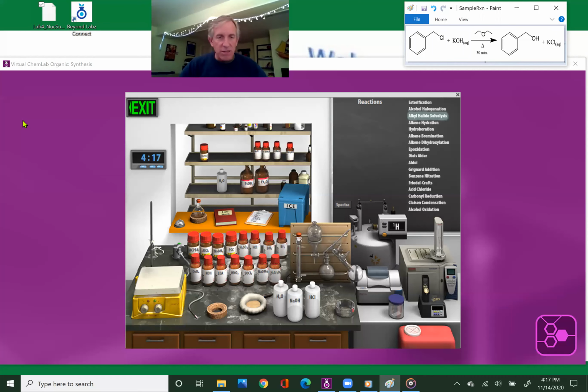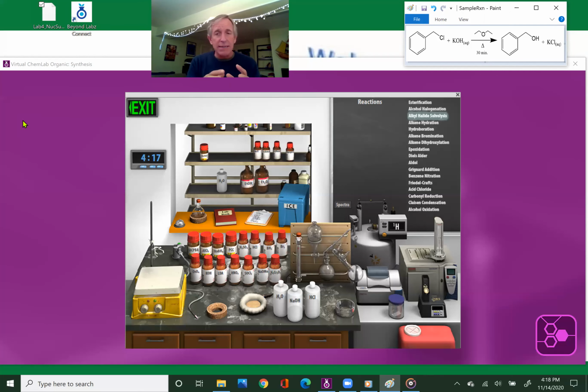Before I even start this experiment, there are a couple of things I would ask you and me to do. One, ask myself, is this SN1 or SN2? Let's question ourselves before we have Beyond Labs do the experiment for us, so that we can confirm that our guesses are correct. Two, please make sure that you actually calculate the molecular weights or molar masses for things